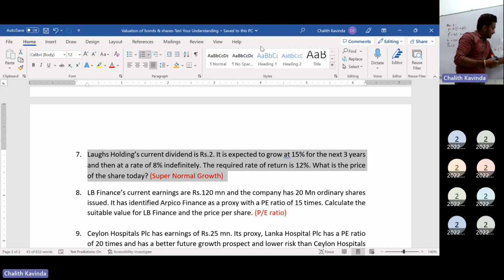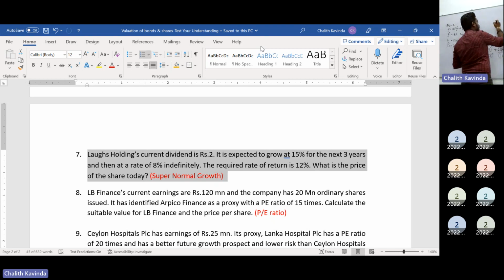But after this point, we cannot use this formula. We have to use another formula, that is your perpetual growth formula. Why are we using it? Because the dividend is not linked with the number of years. Then simply we can calculate the price of the share at the beginning of the constant growth period. I think this is the exact answer for the question that Gayan has asked, if I'm not mistaken.